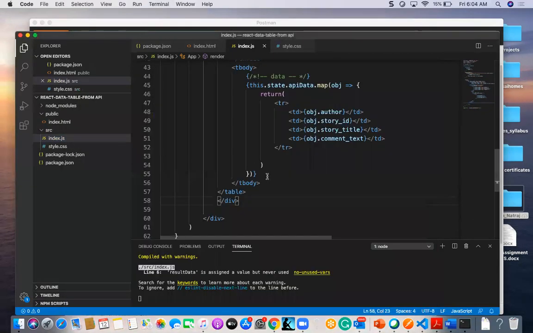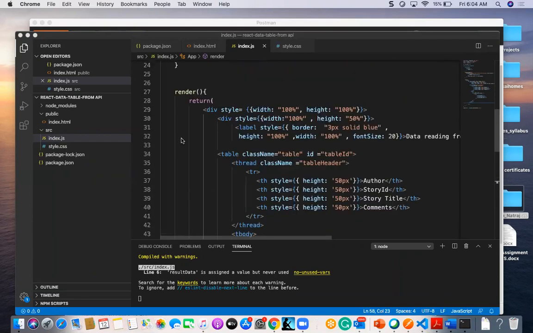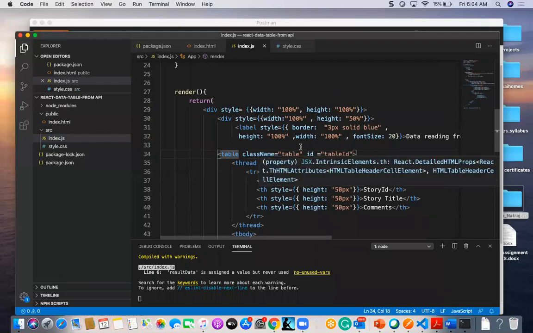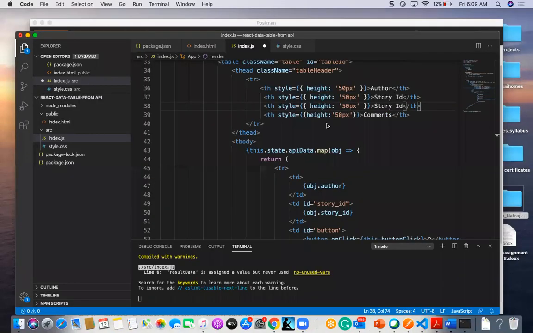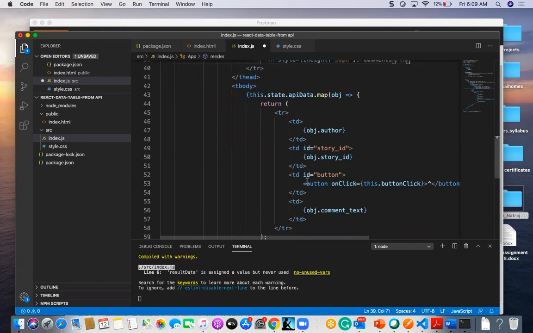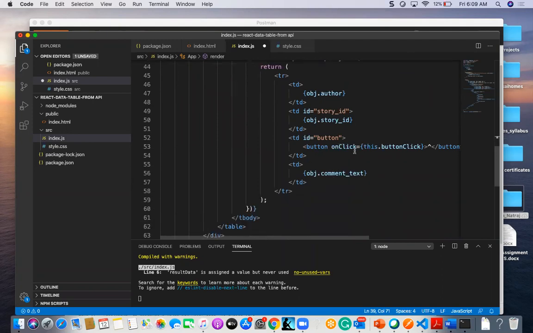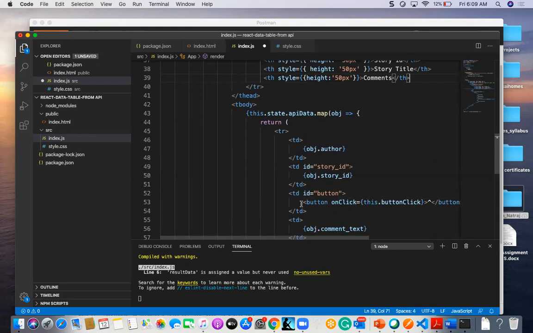Now this table should be below that, and also table className table, and also className table header, and tr th, and yeah, story title. So here I am going to mention story title in this.